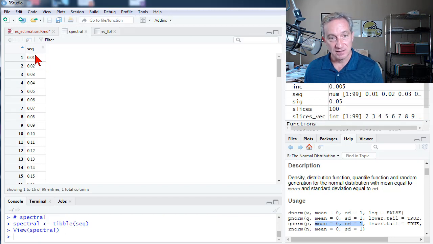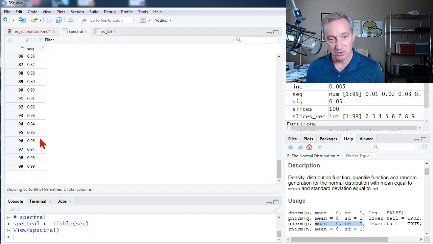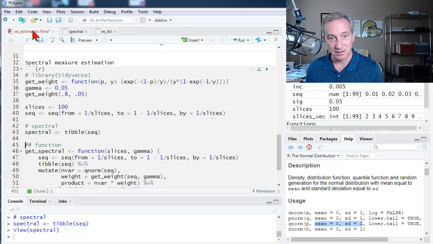In this case, because I had 100 slices, it's going 1%, 2%, 3%. So these are the confidence levels. And when we have this general spectral risk measure, we include the whole distribution, right? So we're starting at 0 with a 1% increment, going all the way to 99%,